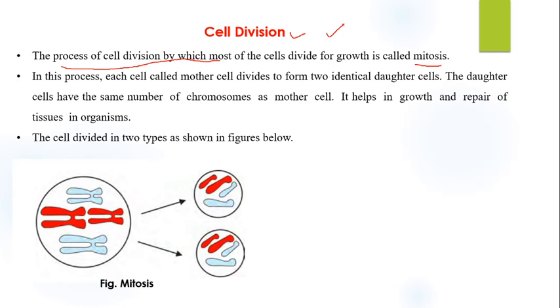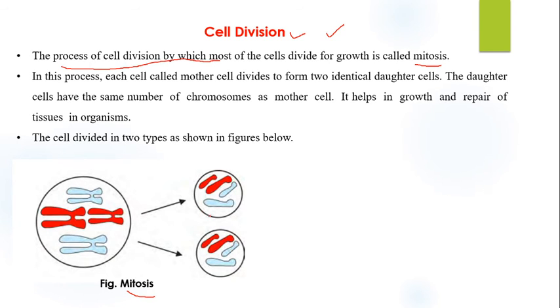So we will see that a cell divides in two ways. First, a cell can divide through the process of mitosis, or a cell can divide through the process of meiosis. So we will discuss here the difference between mitosis and meiosis. You can see here this is a cell having chromosomes, and chromosomes are ultimately DNA. Clear? When the parent cell divides, it forms two daughter cells, but the two daughter cells are exactly similar to the parent cell. There is no change.